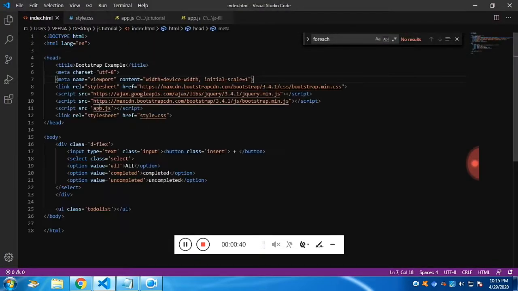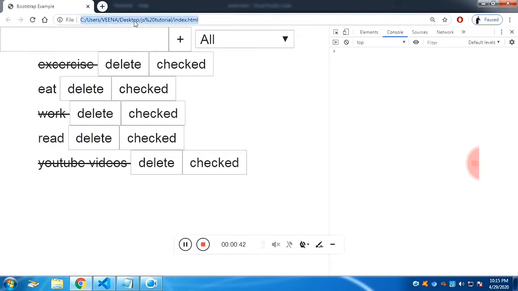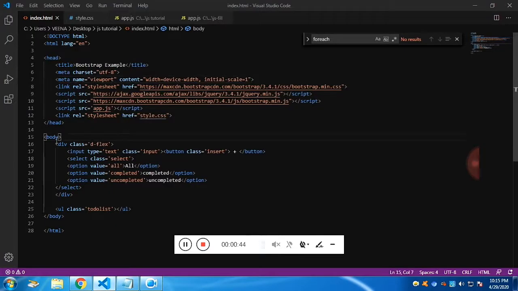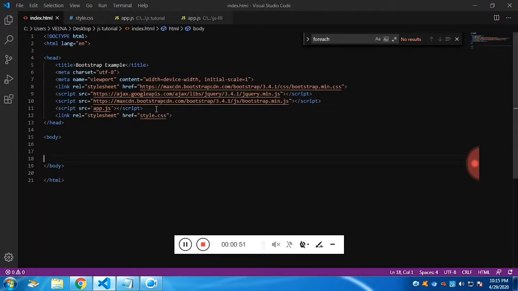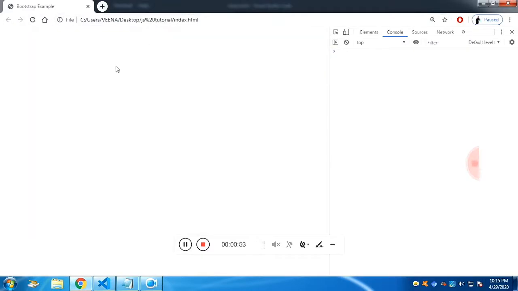Now let's remove all the CSS, JavaScript and jQuery and start from scratch. Don't worry about the description, source code. You will get the source code in the description. Fine. Now the very first thing we are going to do is